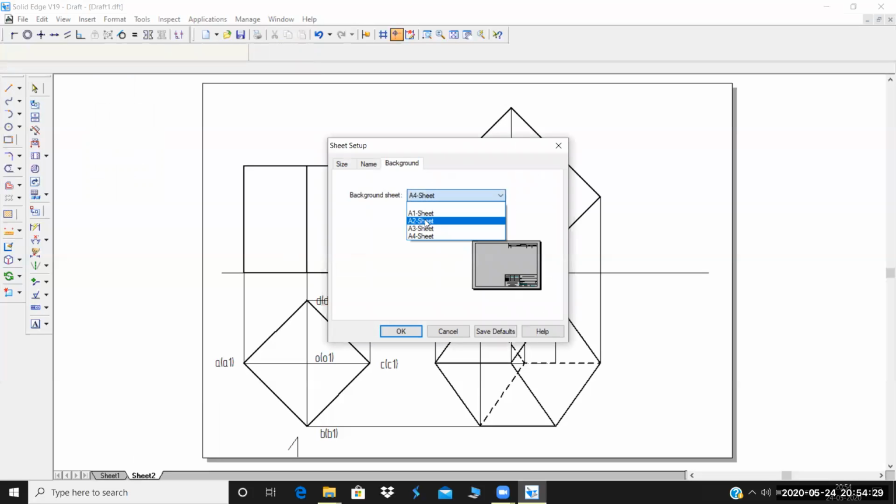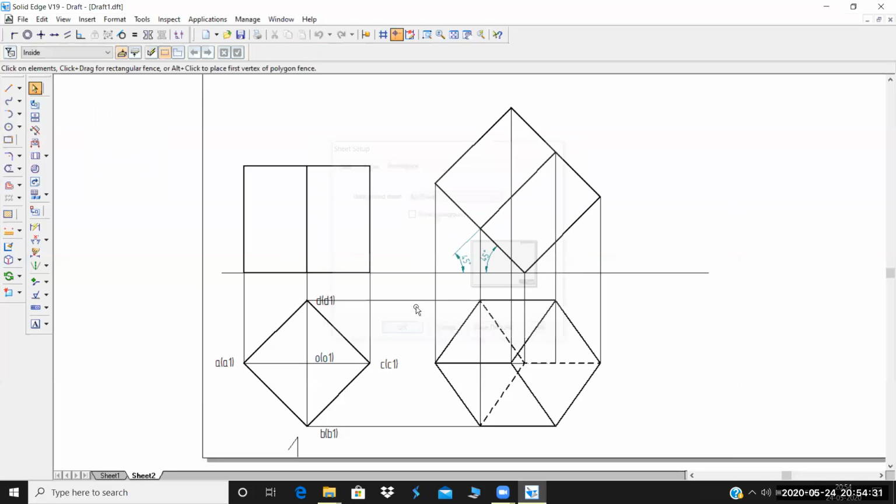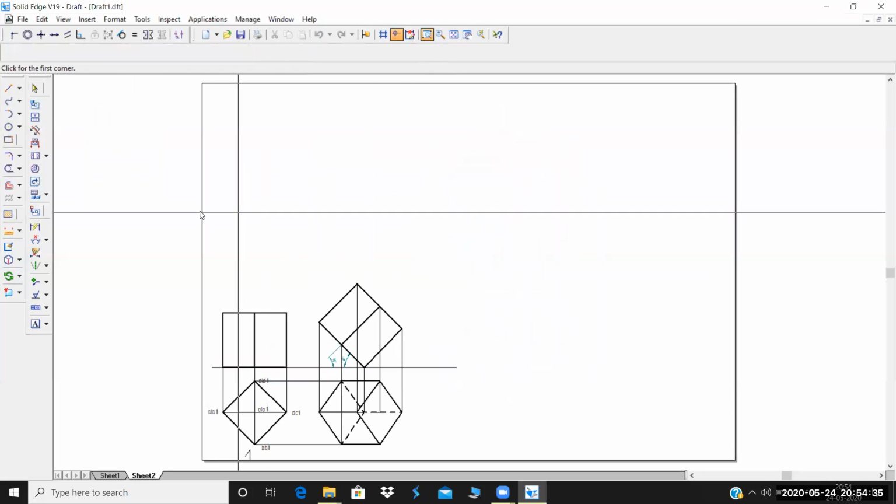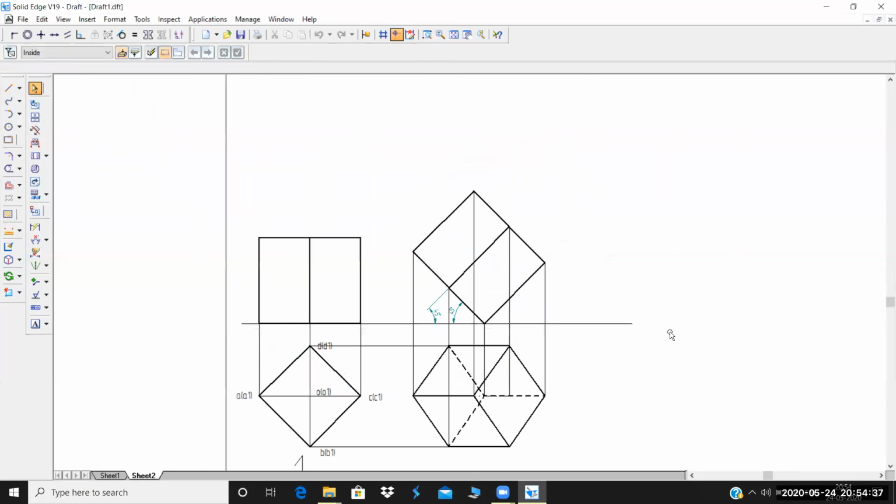I'll change the sheet so that it fits inside. I'm extending this XY line so that the final part of this can be explained to you.